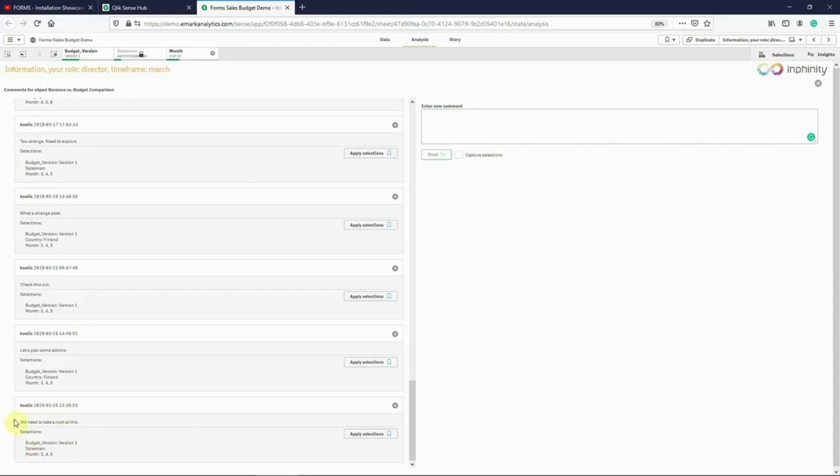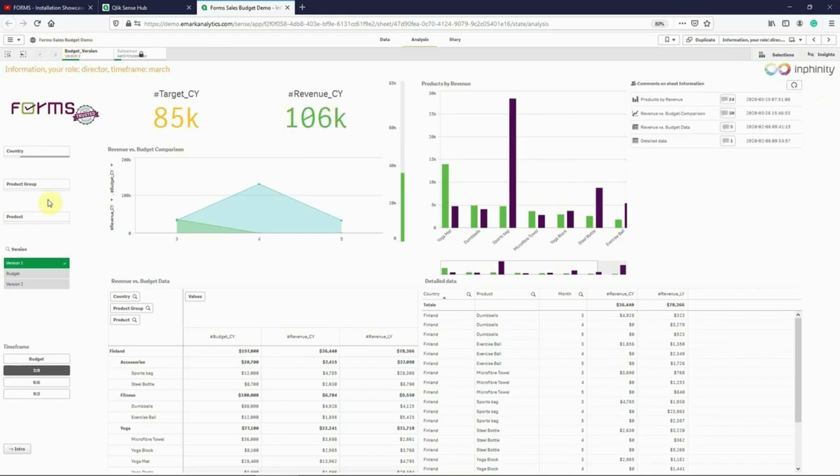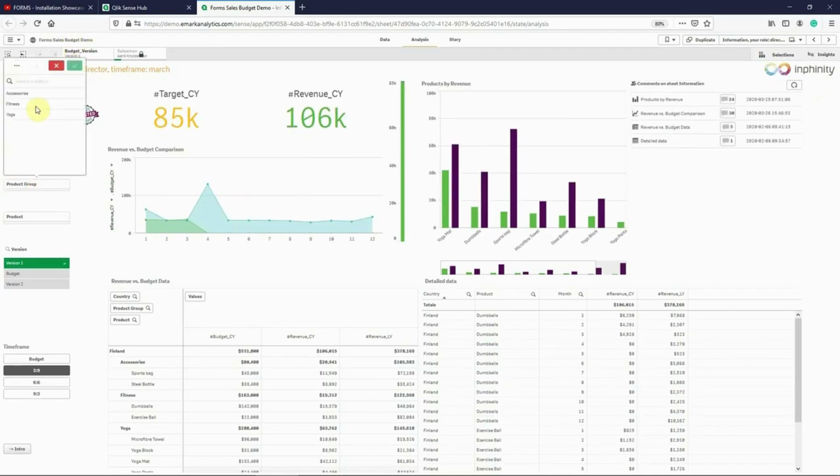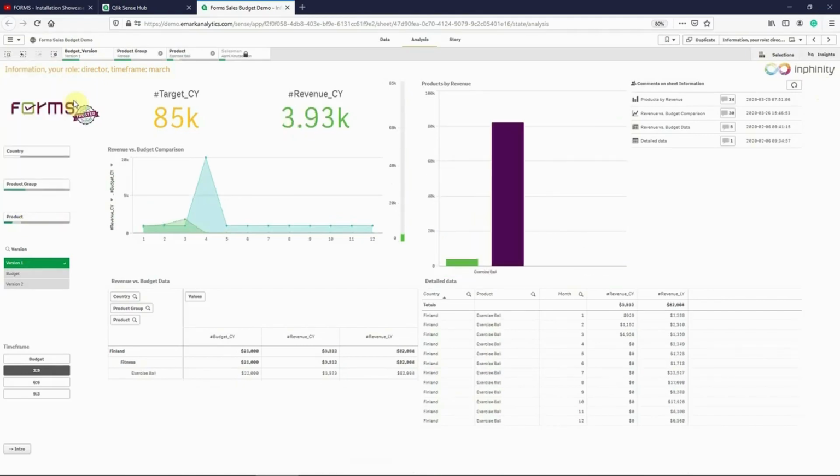Now I can even continue the analysis further. So for instance, I can maybe look at a specific product group or even a specific product. I have 2 options for how to see the comments. I can either come back to the chart and click the icon again, and there I see the other comments or all the comments that I need. Or